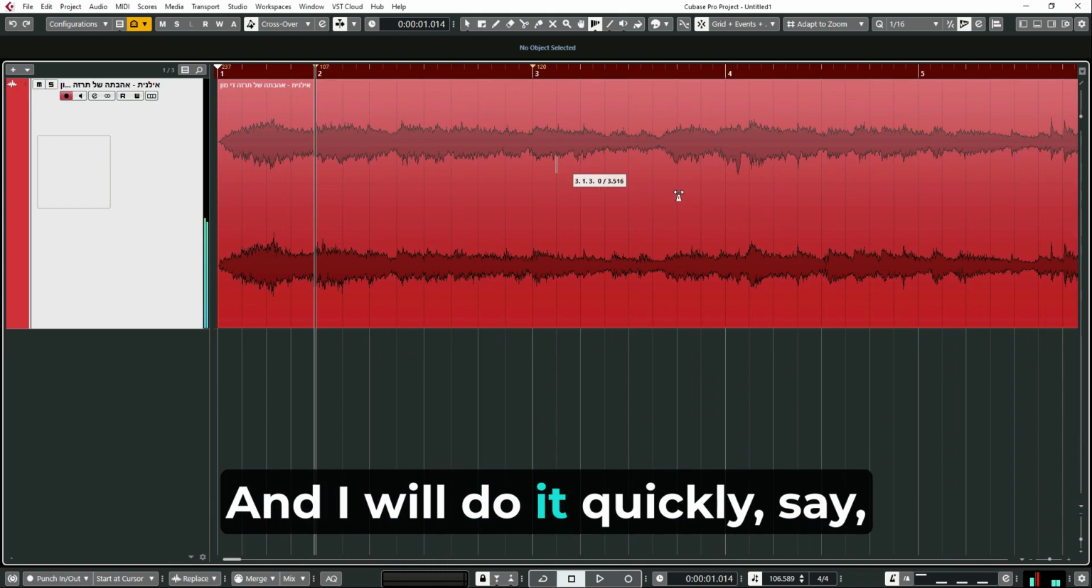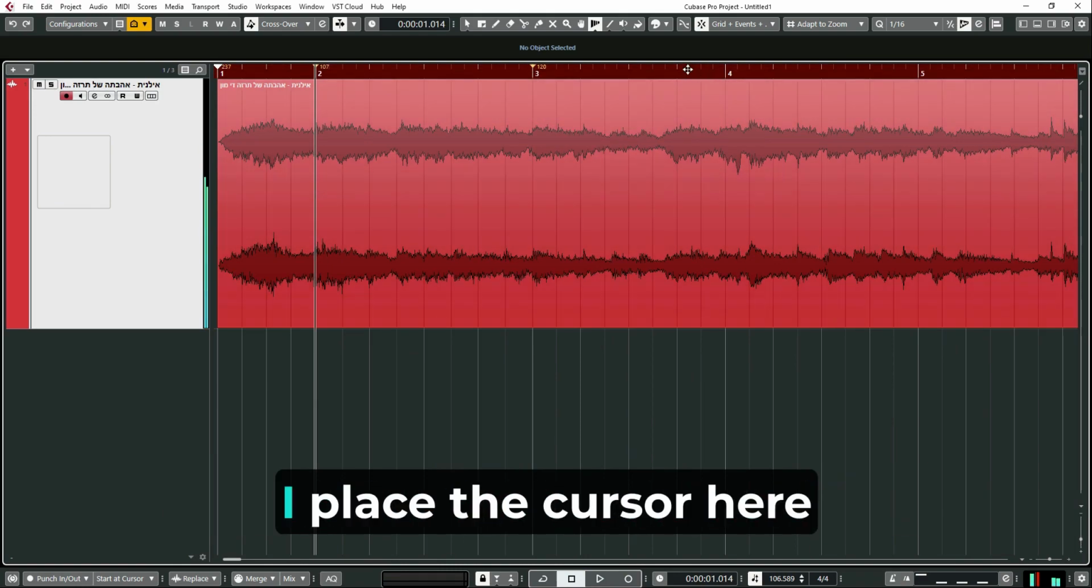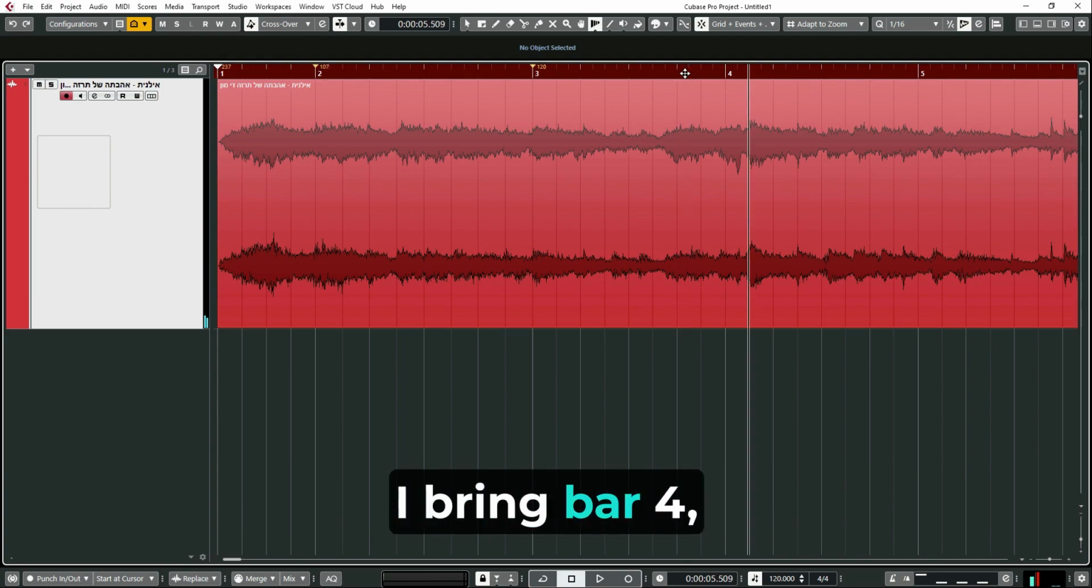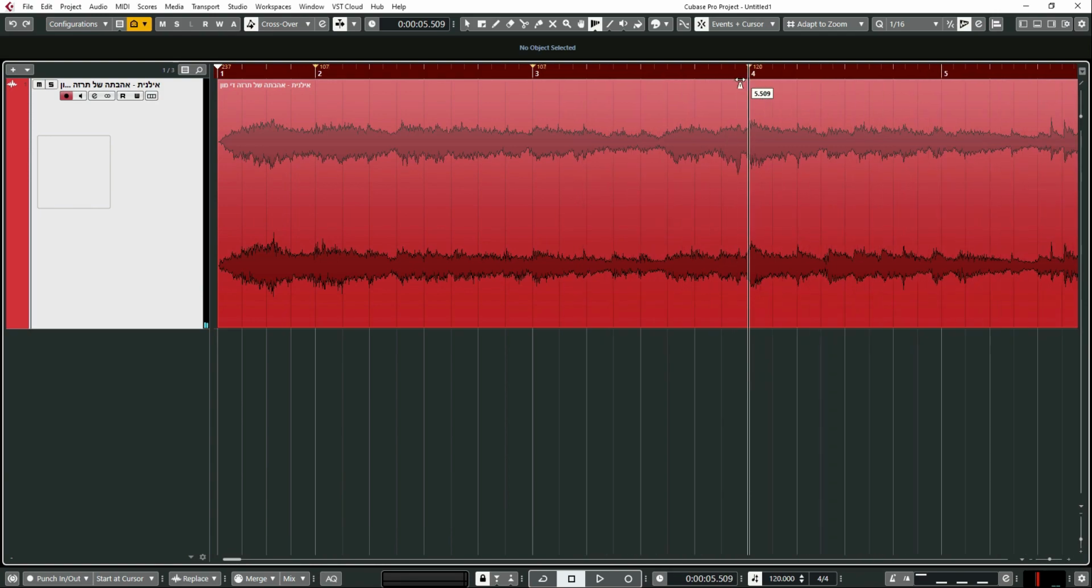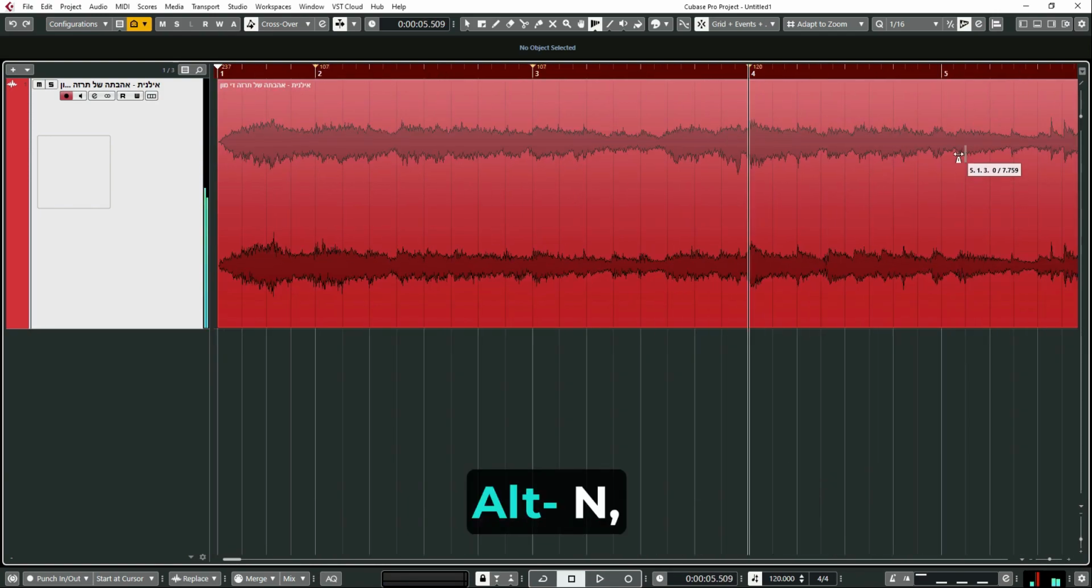Precise, and I will do it quickly, say until the end of the opening. I recognize the downbeat here. I place the cursor here and press Alt N, and here is the downbeat. I bring bar 4, continue. It helped. Here's the next downbeat, Alt N and